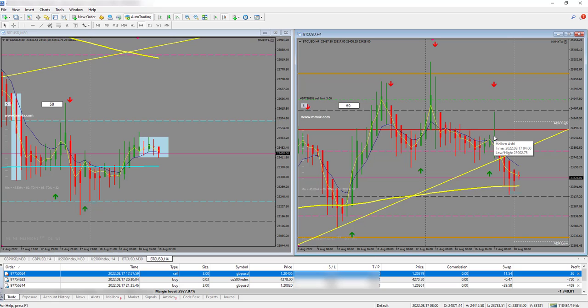Now, if price happens to not go that way, I would sell below 2314.484. I will sell below that, but I will look to enter once price closes below 2322.69, and that will be an aggressive entry. So this is my bias and my analysis for the GU, US500, and